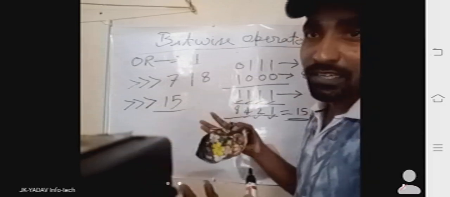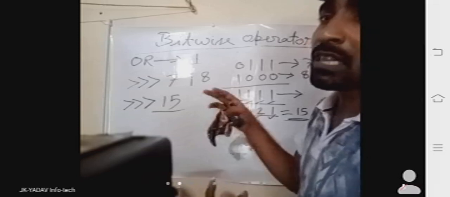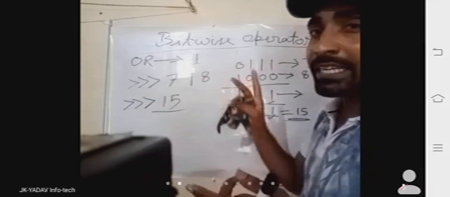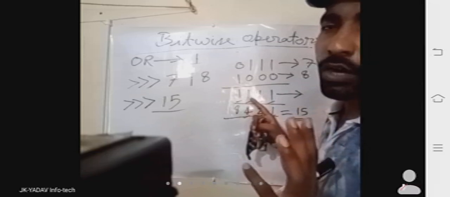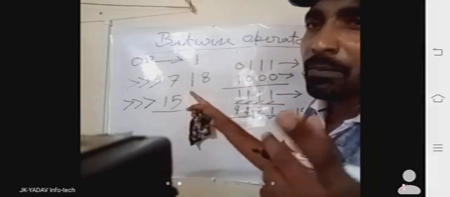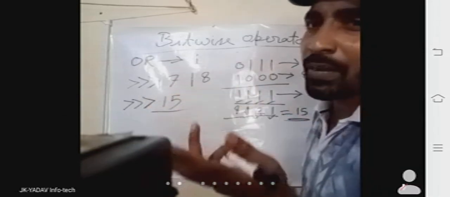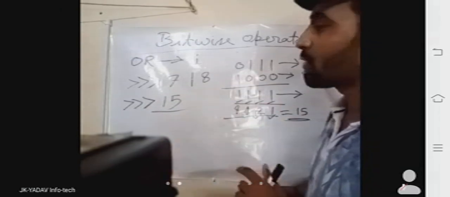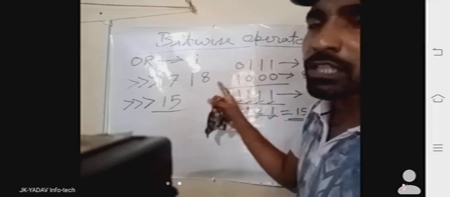It is a surprise result. No one can think of how 15 came. Many people will think that it has added 7 plus 8, but no. It is not added. It is done according to the comparison of bitwise operator. Because if you think that it has been added, then that theorem fails if you compare other digits. That's why we always compare according to the binary. And this is the use of bitwise OR operator.